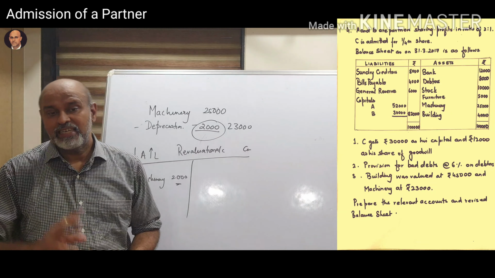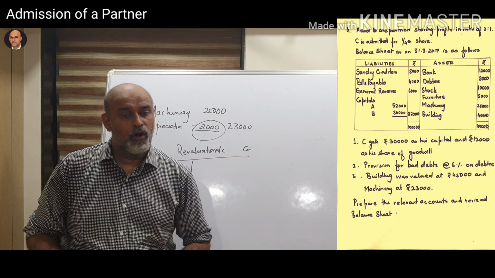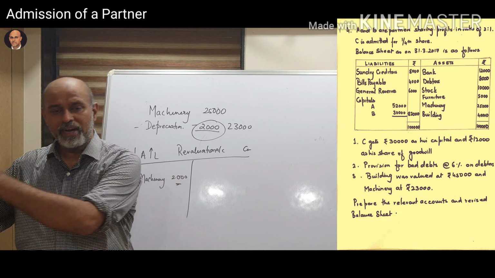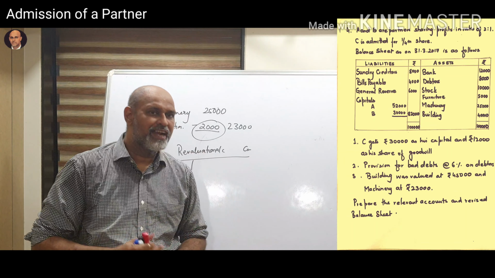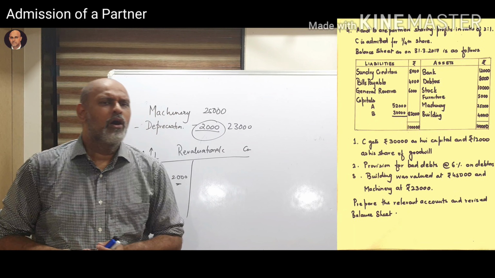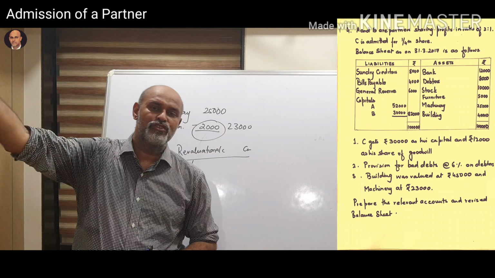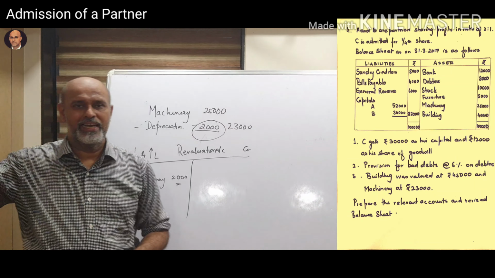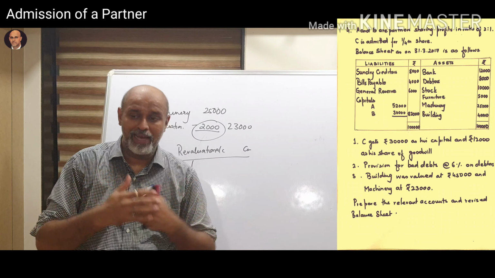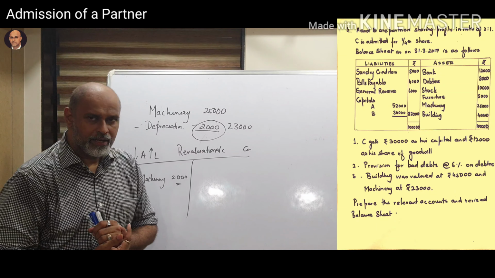Okay, after that go to your partners capital account and record the revaluation amount of profit or loss. If it is a profit, you will write by revaluation account in the partners capital account. If it is a loss, you will write to revaluation account on the debit side. Okay, let the balance of the partners capital go to the liabilities. Balance your cash account, let it go to the assets. Goodwill account is balanced as it is. Balance your balance sheet. Okay, fine.